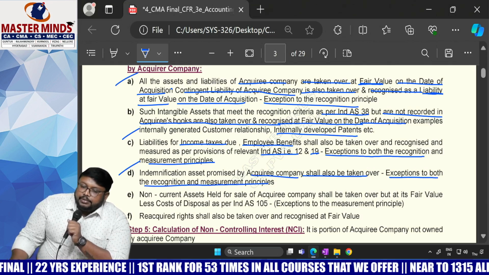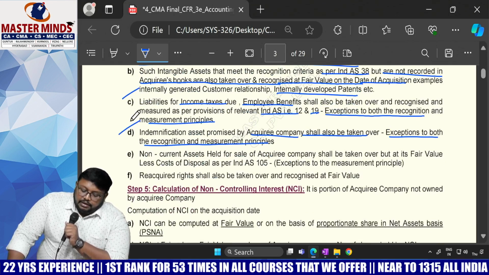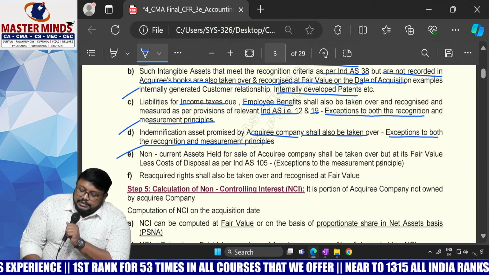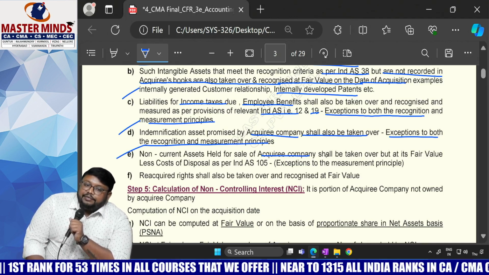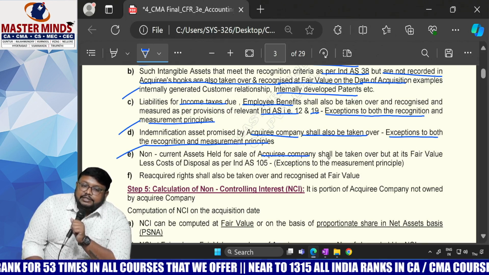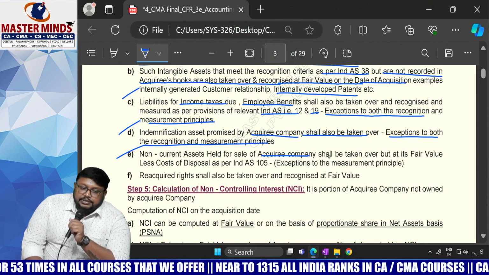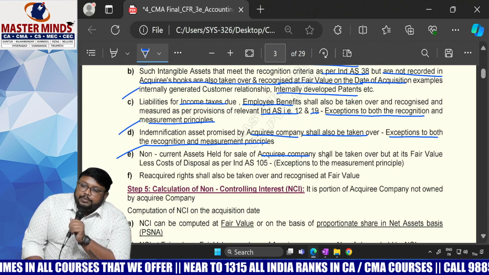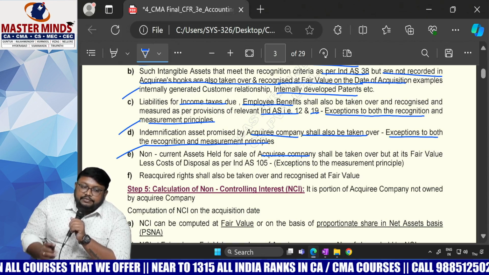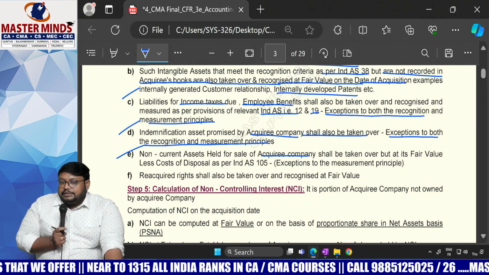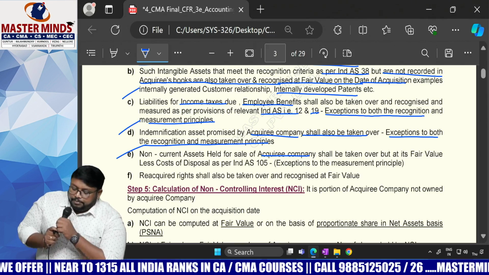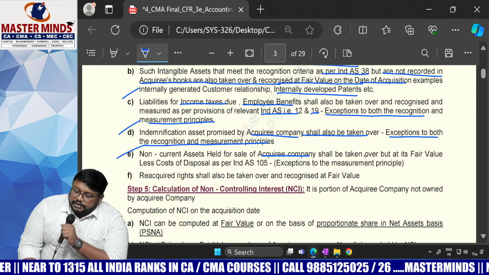And non-current assets held for sale. The acquiring company has one non-current asset which is held for sale, not held for use in the business. Held for use means property, plant and equipment. Held for sale means we have a separate standard called Ind AS 105, Non-current Assets Held for Sale and Discontinued Operations. If such assets are there, that is also taken over